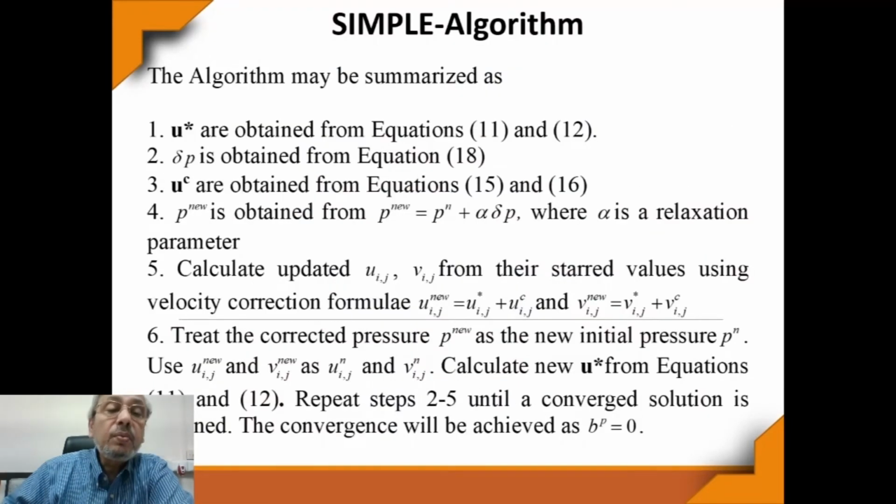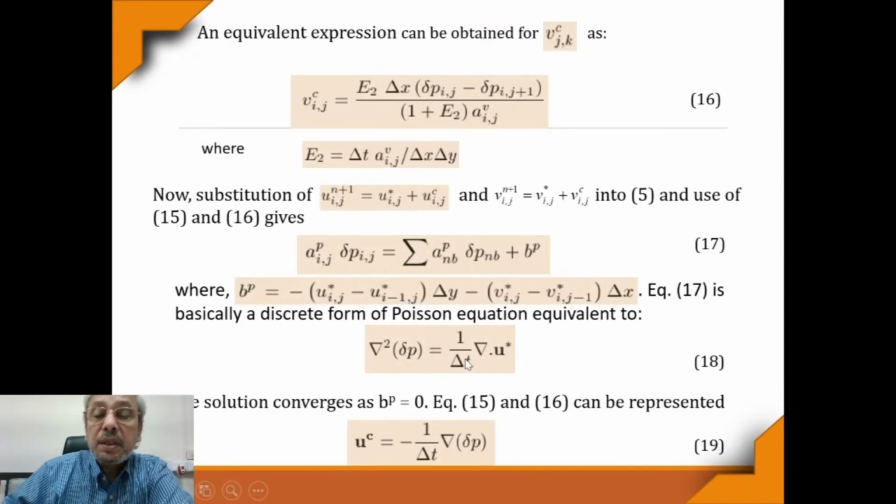Delta P is obtained from equation 18. So using those U stars, if we try to get delta P,